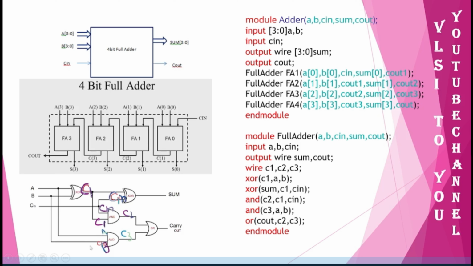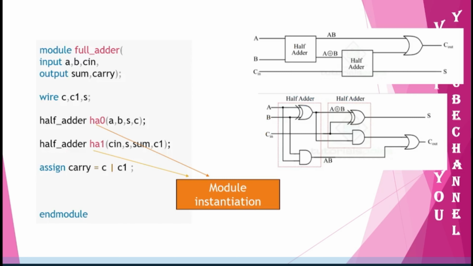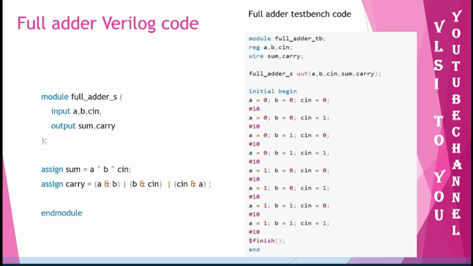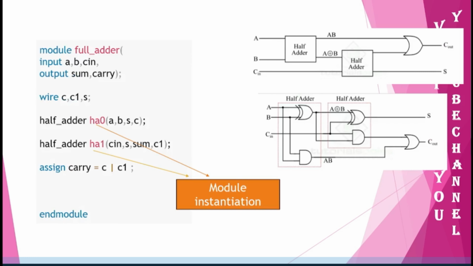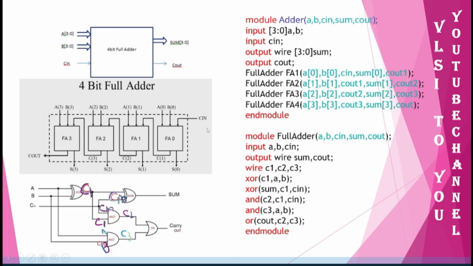You know how to write a full adder logic, right? So that full adder logic, here if you say I am just using the gate level modeling, you can just write it in this way: sum equal to A XOR B XOR C in, A of B, B of C, C of A. Depending upon the input names that you have mentioned, you can just write it like that, and